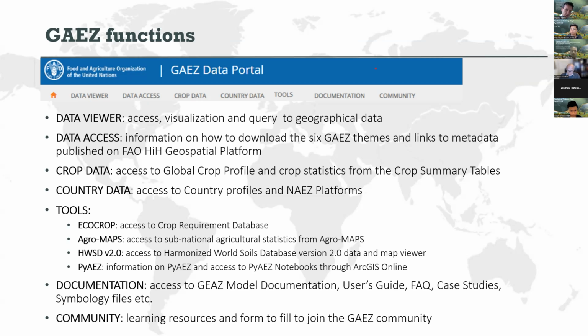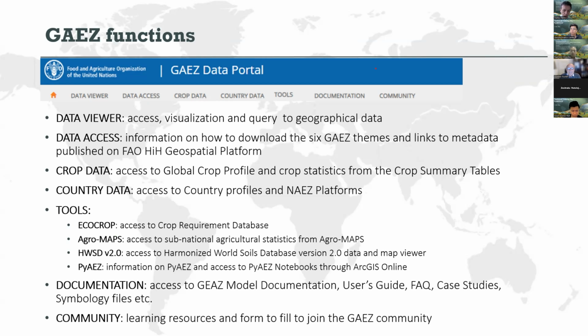And you have access to several tools that have been developed that are supporting this process, whether this is for the global data set or the national application using PyAEZ. So we talk about EcoCrop, AgroMaps, the Urbanized Control Database, but also PyAEZ.